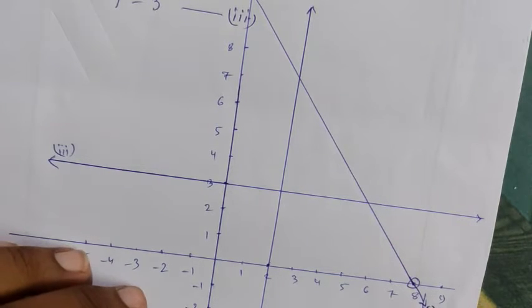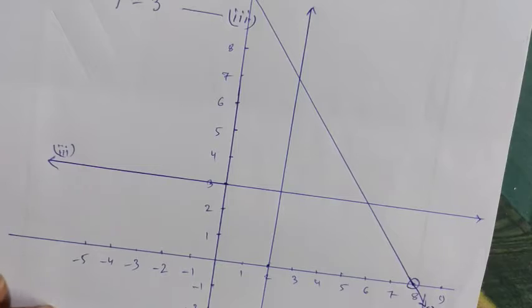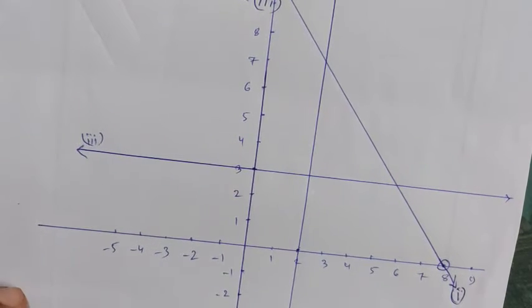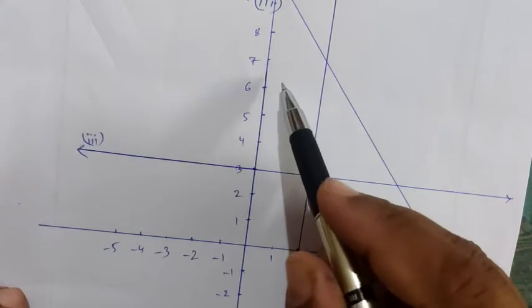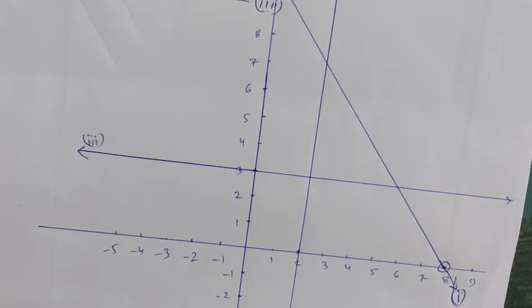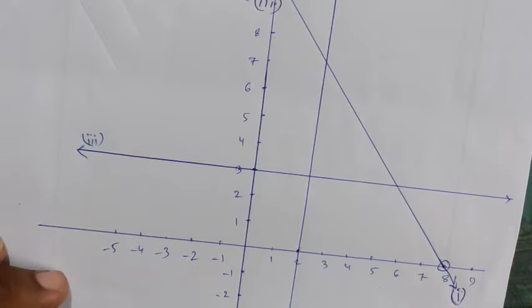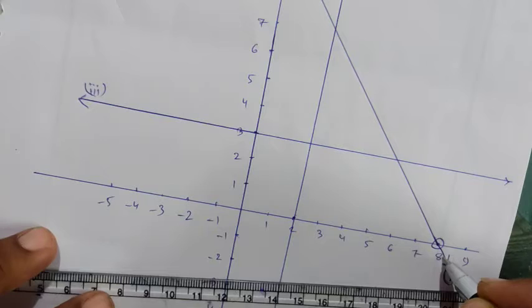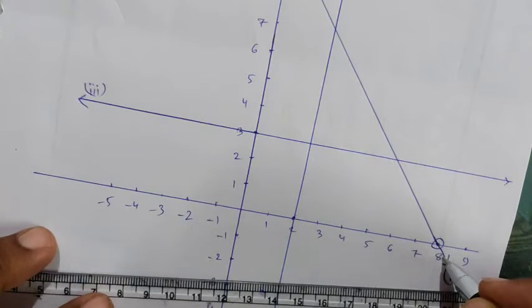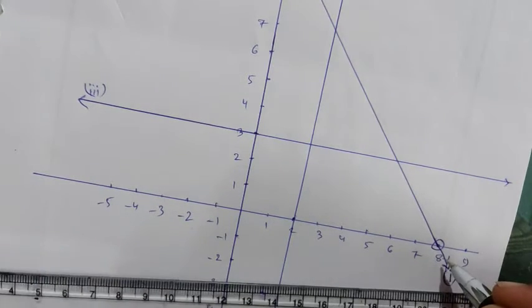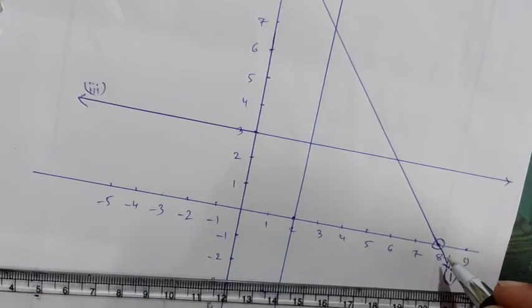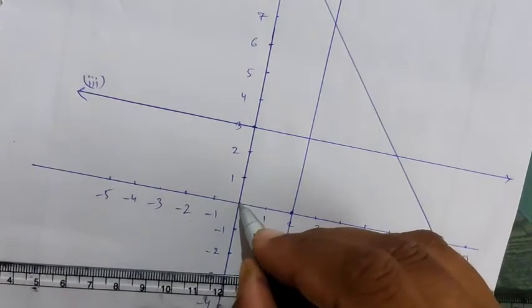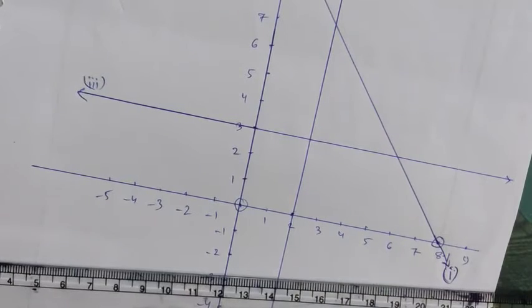Now each of these linear inequations will have a different solution region, and we will be taking the common part between those three solution regions. At first, let's draw the solution regions for the individual straight lines. Let's choose a point which is not lying on any of the three straight lines. Let's take (0, 0), as (0, 0) doesn't lie on any of the three straight lines.